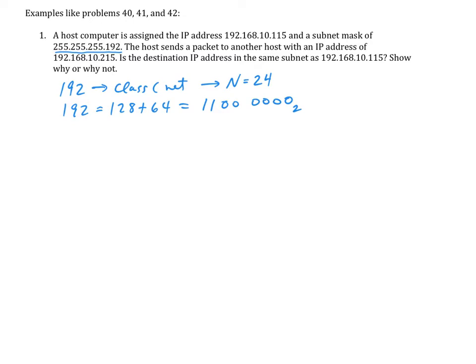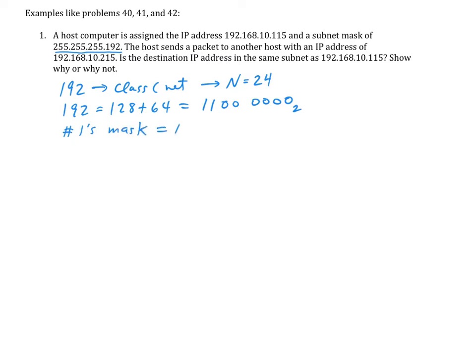We've got a 1 in the 128's place, a 1 in the 64's place, and zeros at all the other places. And the number of ones in the mask